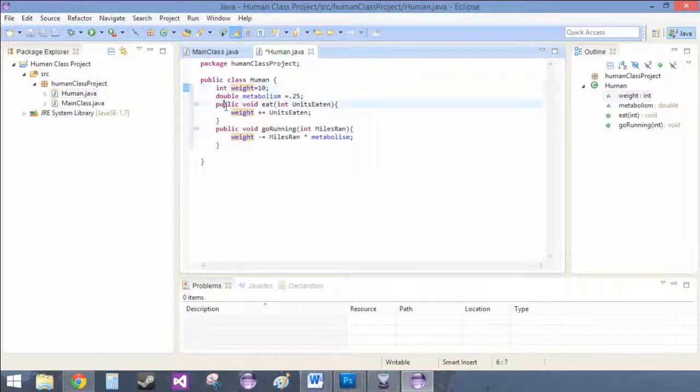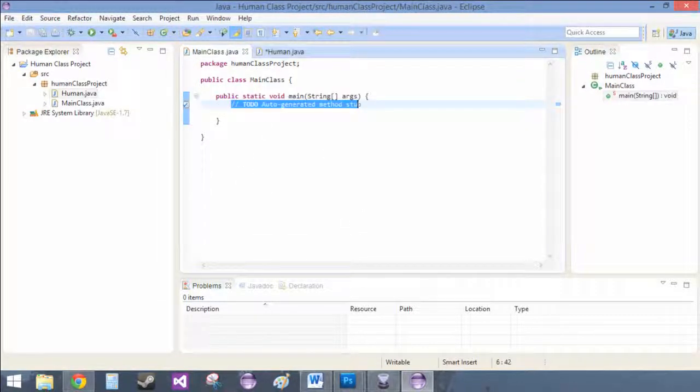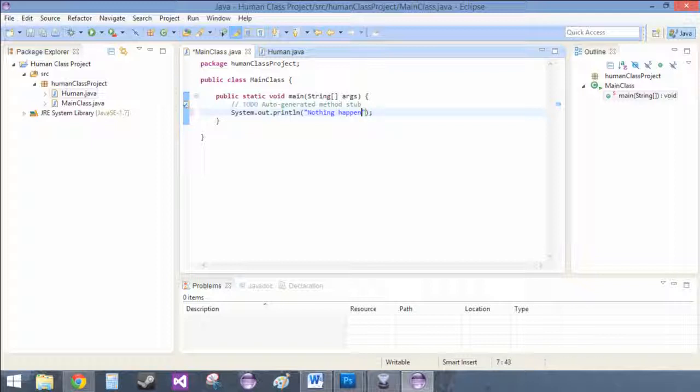So now that we've created our human class, we want to actually use it. Like if we run our code right now, nothing happens, and we can prove that nothing happens because we can syso "nothing happened." Spooky. Okay. So now when you run it,